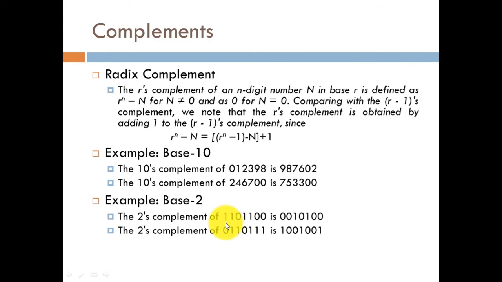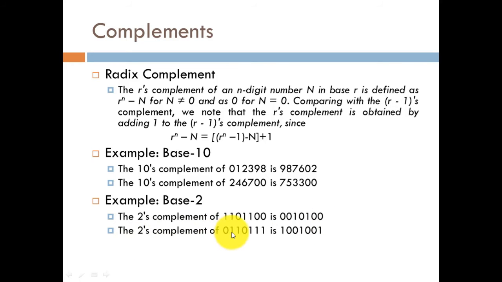So 1101100, its 1's complement turns out to be 1100100, and when we add a single digit 1: 1 plus 1 is equal to 0, carry 1, then 1 plus 1 is equal to 0, carry 1, then 1 is in here, then again 1 plus 1 is equal to 0. In a similar manner we can easily evaluate this expression as the 2's complement.